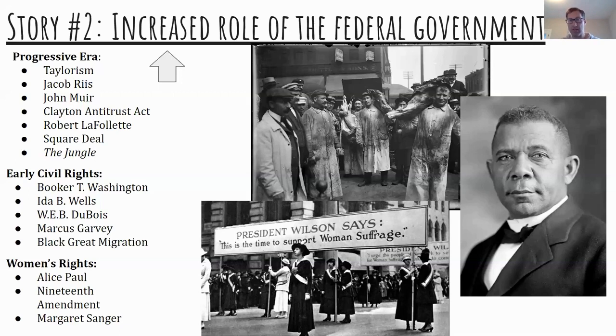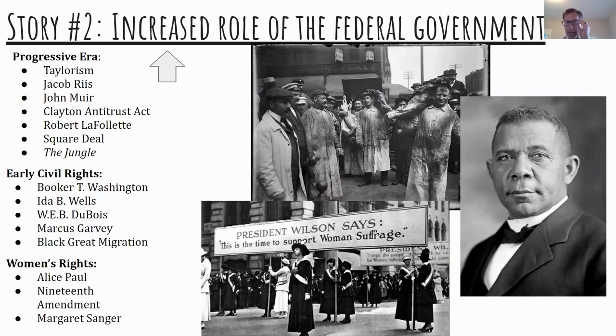So in period 6, there are these massive changes that are happening in society that we've already talked about. All of a sudden, Americans are shifting from an agricultural society to a more industrial society. People are leaving farms and they are moving into cities. They're doing different types of work.